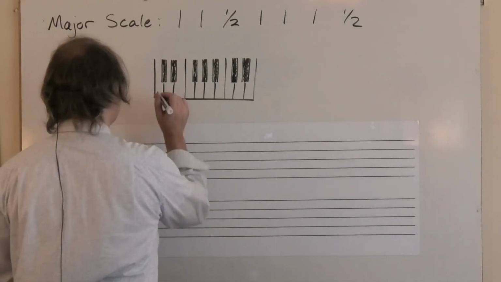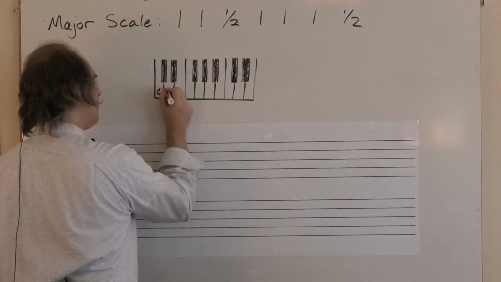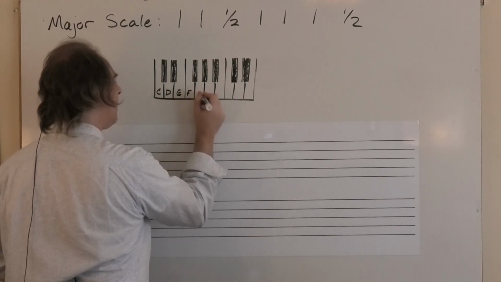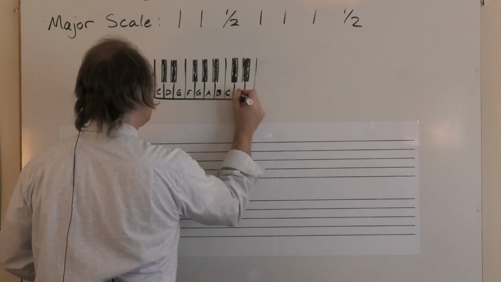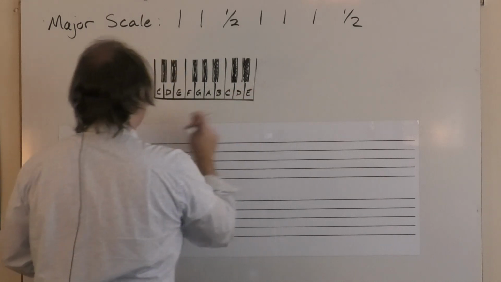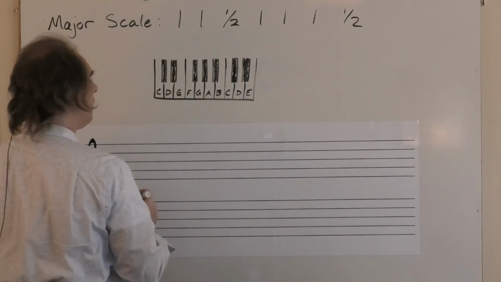So we have C, D, E, F, G, A, B, C. All right, and so forth. Now, you can see